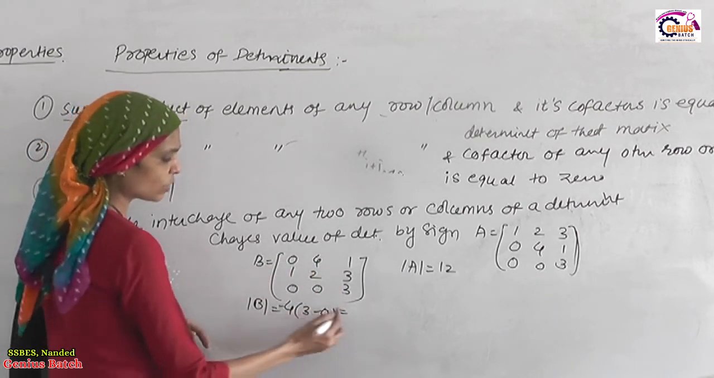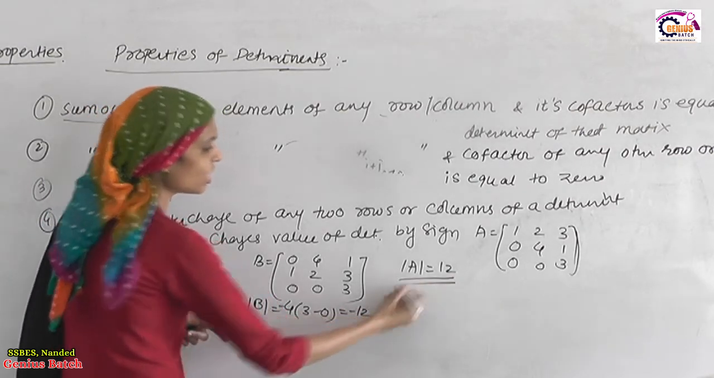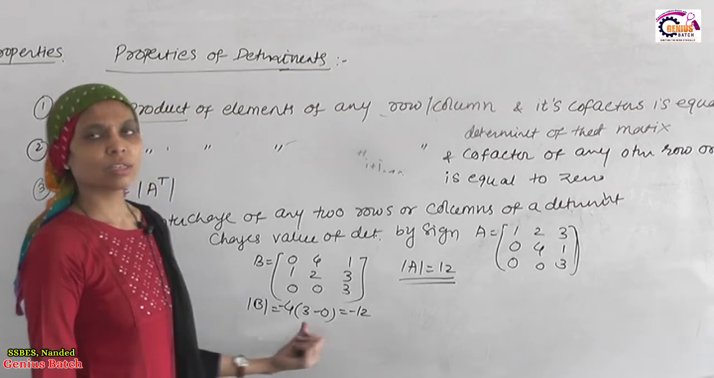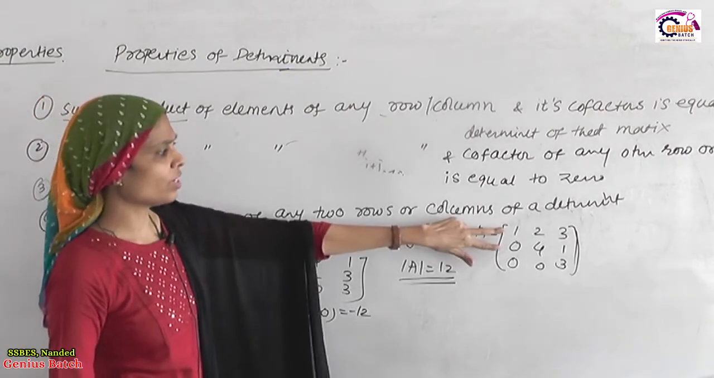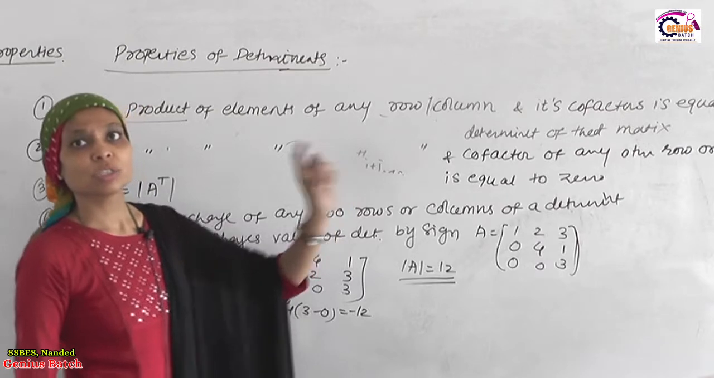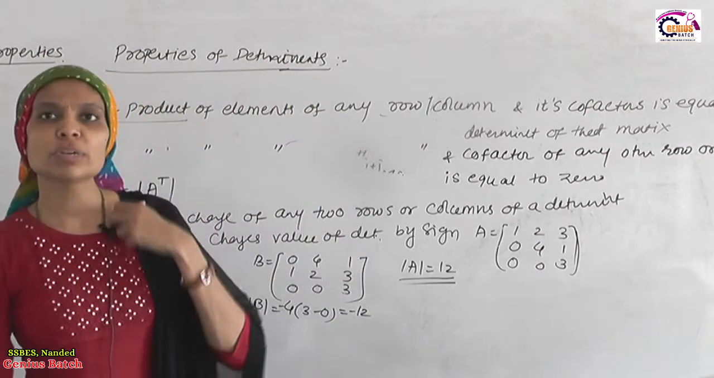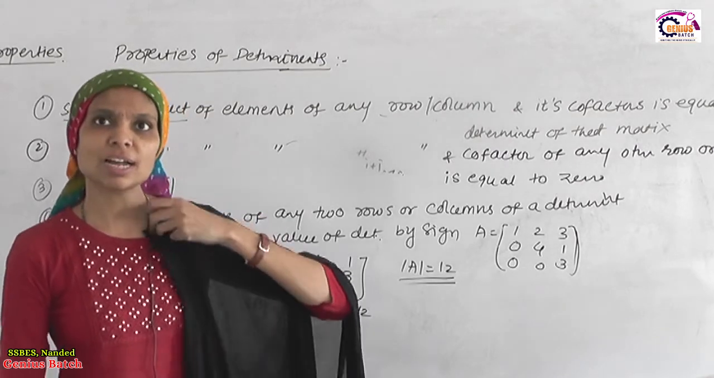So what do I get? Minus 4 into 3, minus 12. Originally the value was 12, now I am getting the value as minus 12. Why did this happen? We have interchanged the first row and the second row. A single interchange. So if you interchange any two rows or any two columns,